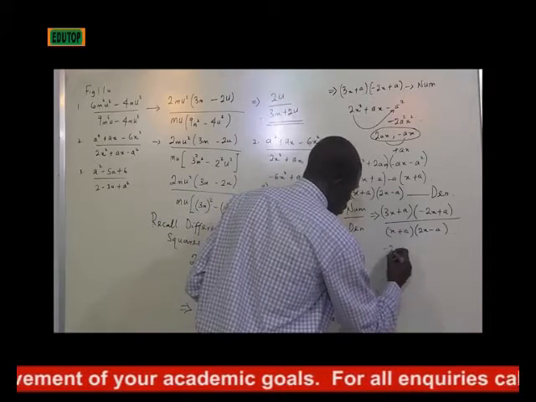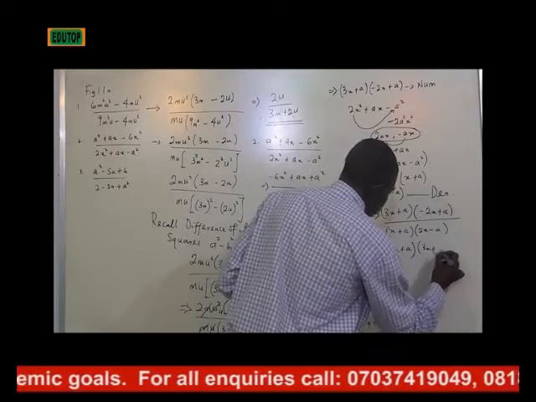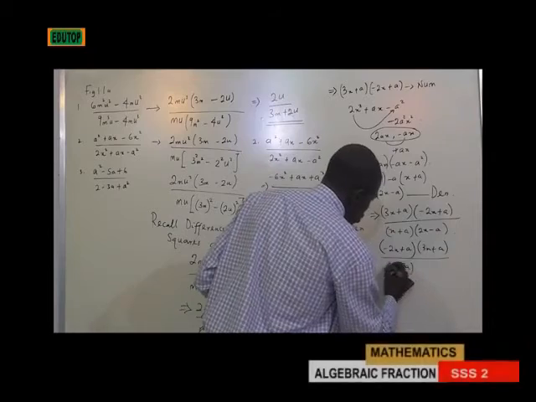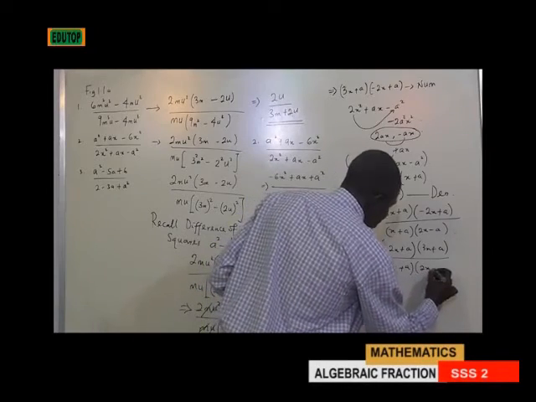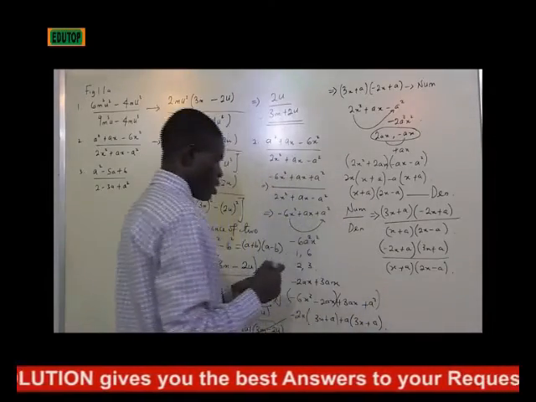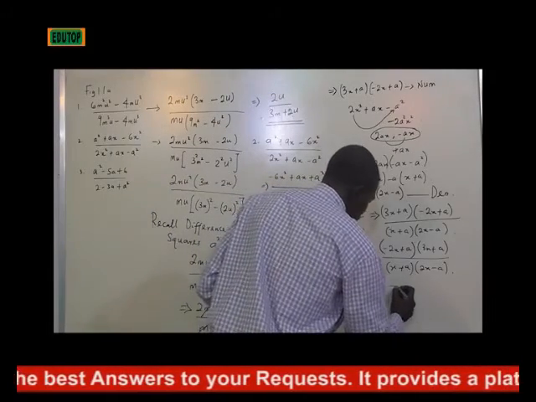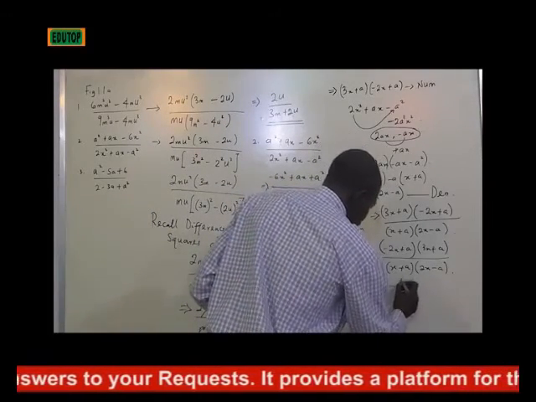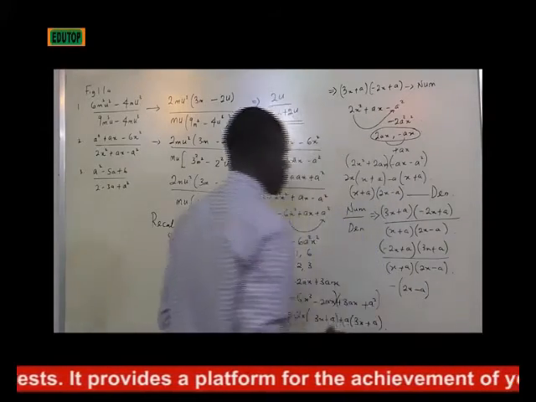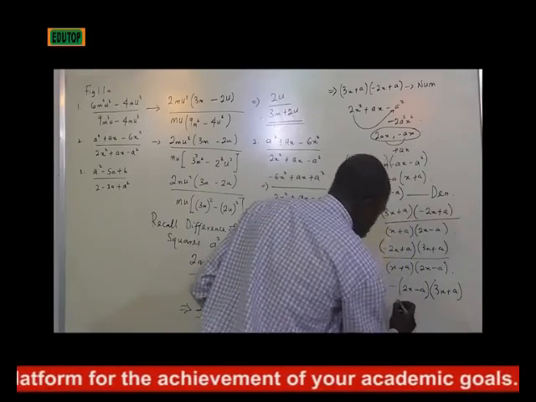I have minus 2x plus a. This is what you have here. Then 3x plus a. I can rewrite this like this by the principle of commutativity. So I can rewrite this as this. So automatically, when I bring minus out of this, I want to bring minus out of this, I'll be left with 2x minus a into 3x plus a over